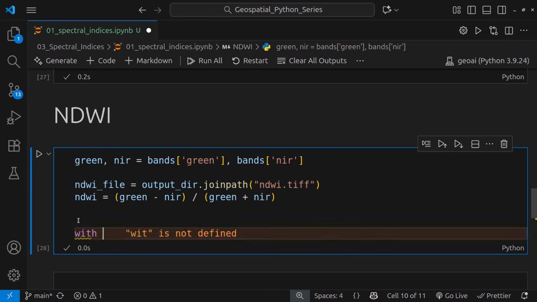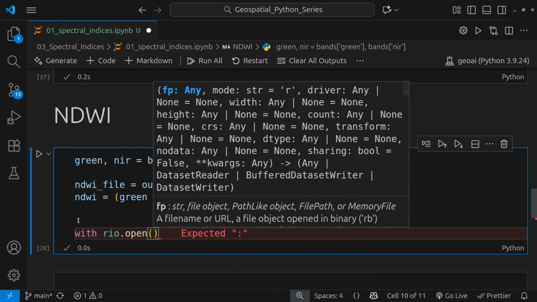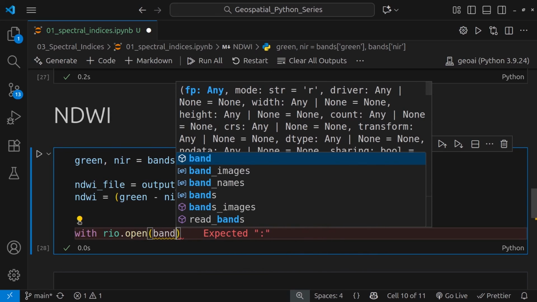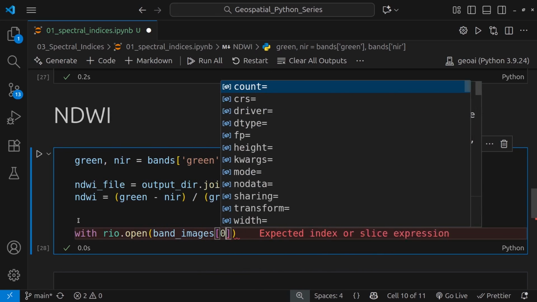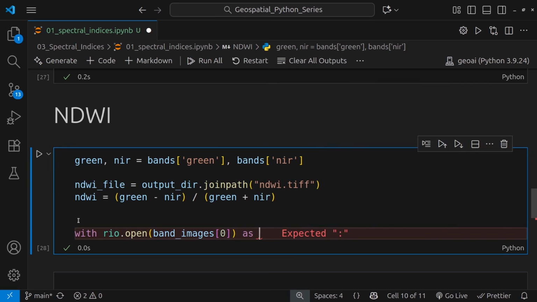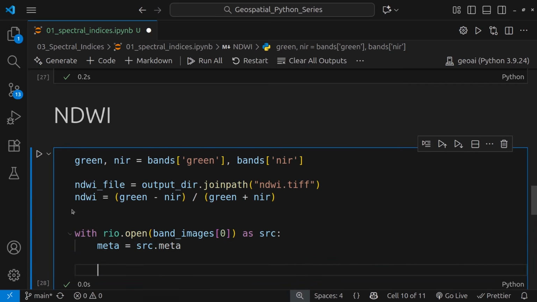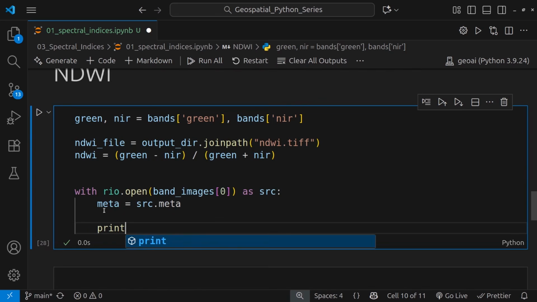So we can just say with rasterio.open, and I think we call them band images. For this one, we can just read the first one. We don't care whichever one it is. And we read it as src. The metadata that we are looking for can be accessed with src.meta. So if I print meta,